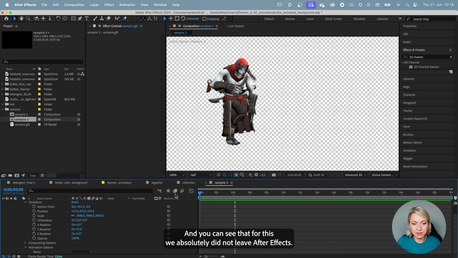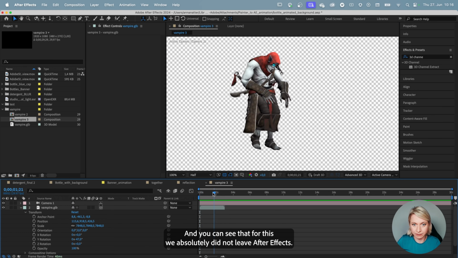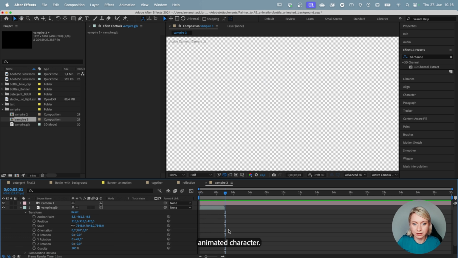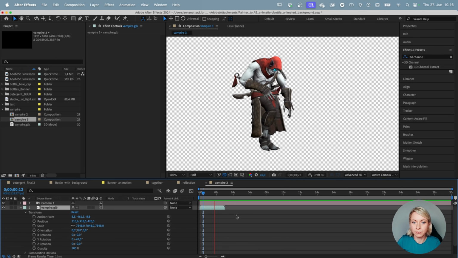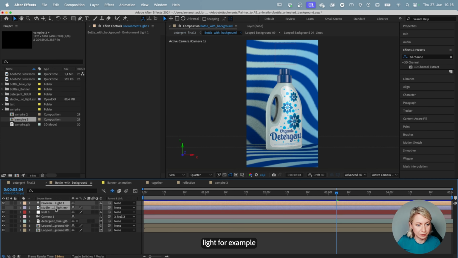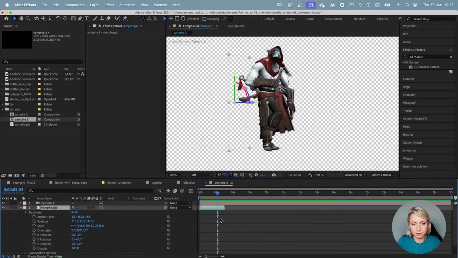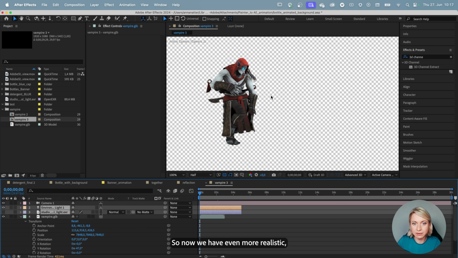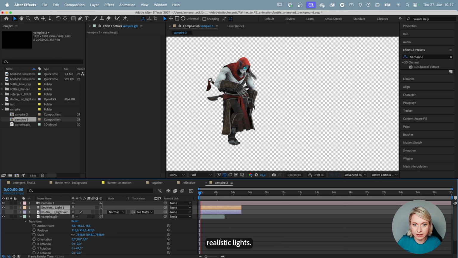And you can see that for this, we absolutely did not leave After Effects, and we have this animated character. Oh, where did you go? And let's add the other environment light, for example, to this scene. So now we have even more realistic lights.